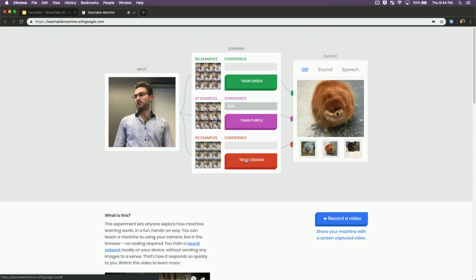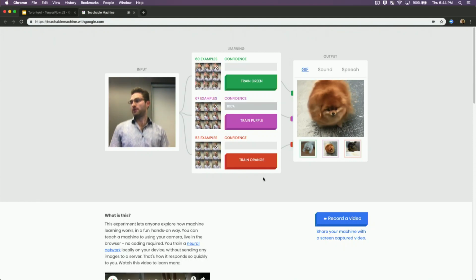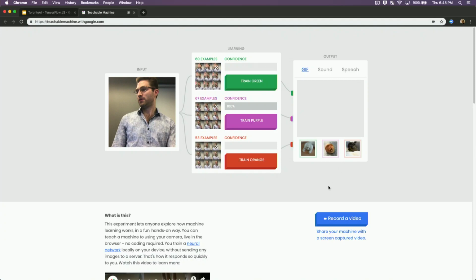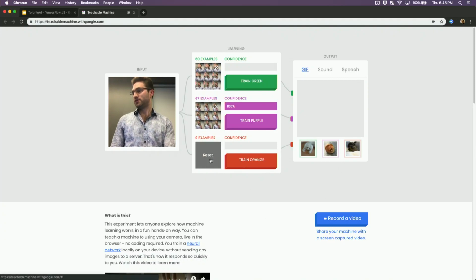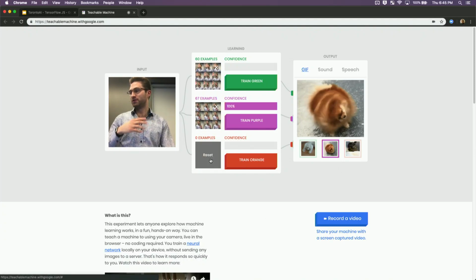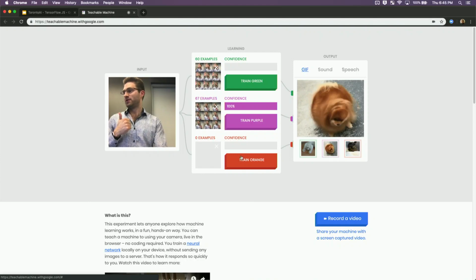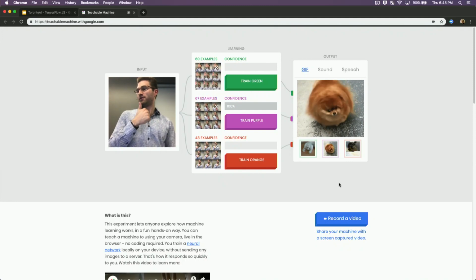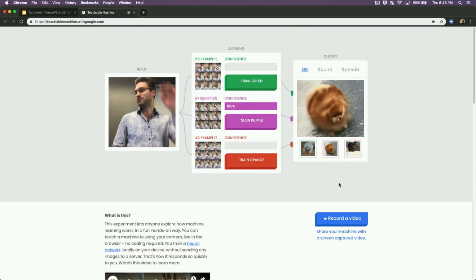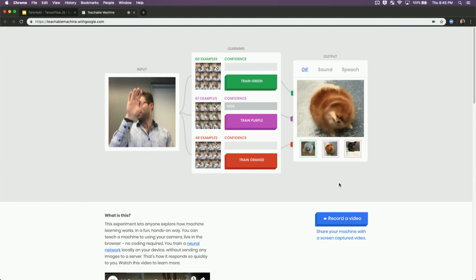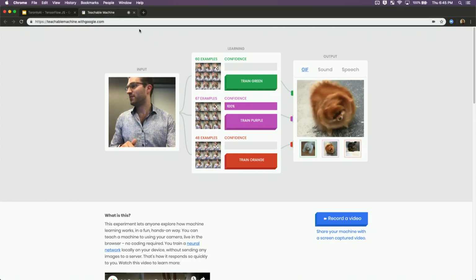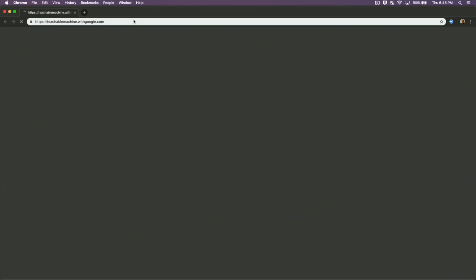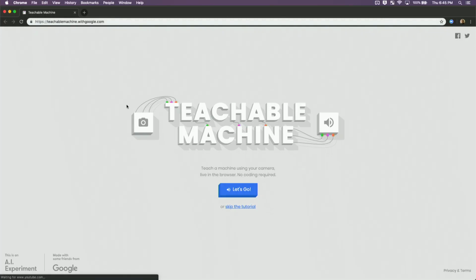Okay, so did it capture that? Still thinks that. Okay, let's do a different gesture. I'll do, I don't know, thumbs up over here. Is it not? Oh. I don't know what happened there. Okay, something mucked up. But anyway, we can play around with this more later. But I must have done something.